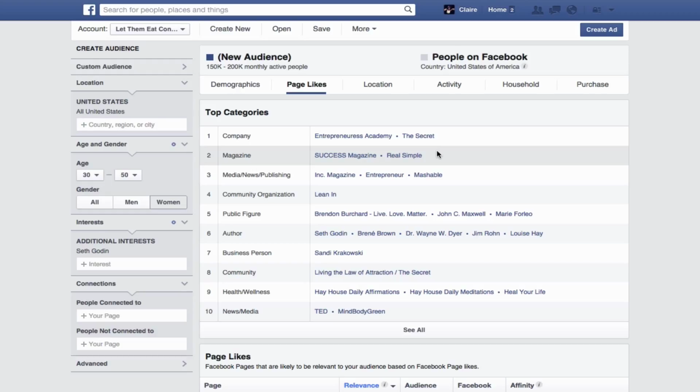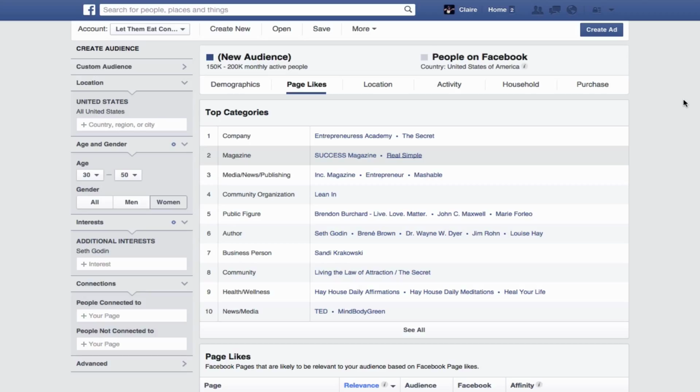I wouldn't necessarily have thought to use that in my targeting, but since I can take something like Real Simple that has a pretty big audience, I believe, and add more demographics or add a filter like Facebook page admins, that might be an interesting thing for me to target. Maybe a lot of other small businesses aren't going to be targeting Real Simple when they're trying to reach business owners, but there may be a real group of business owners in that audience.